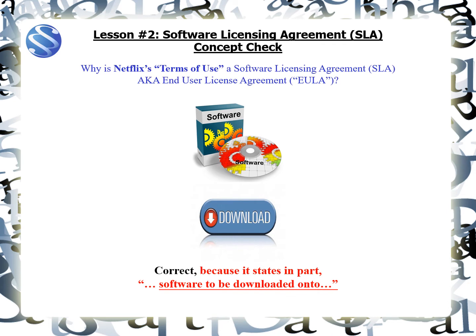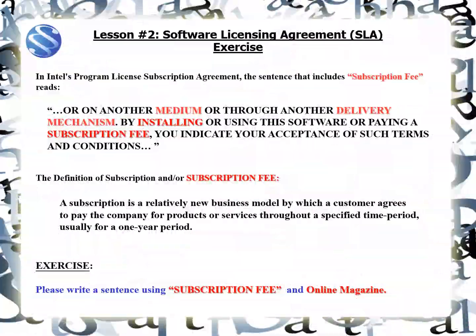Correct, because it states in part, software to be downloaded onto. Excellent. Now let's do an exercise for subscription fee. In Intel's program license subscription agreement, a sentence that includes subscription fee reads, "or on another medium or through another delivery mechanism. By installing or using this software or paying a subscription fee, you indicate your acceptance of such terms